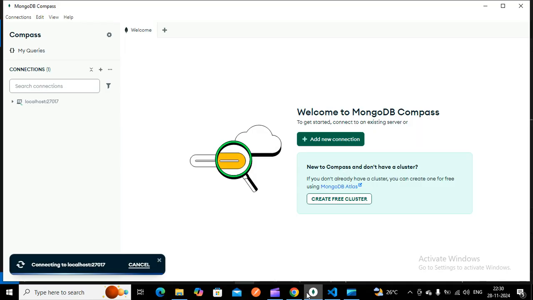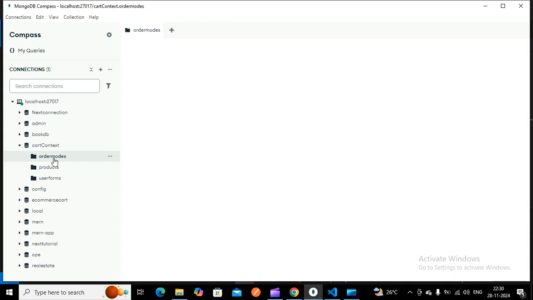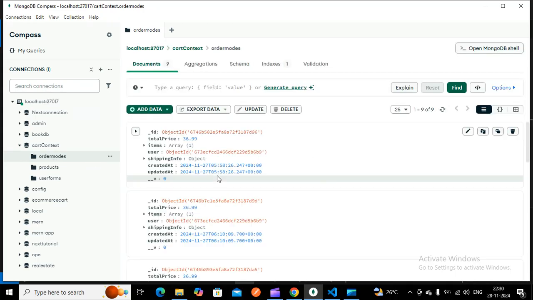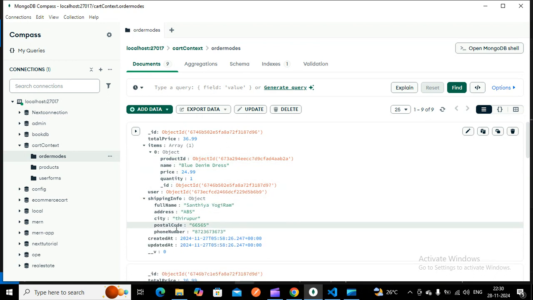Once you have done this, in the cart items, once I click this payment button, you will be getting this total price and items. In the object, you will be seeing the product ID, name, price, quantity. In the shipping info, you will be getting full name, address, city, postal code, and phone number.